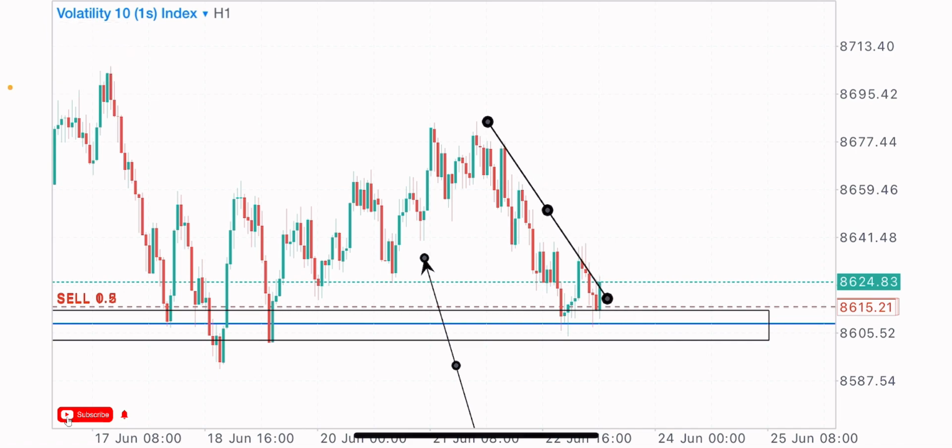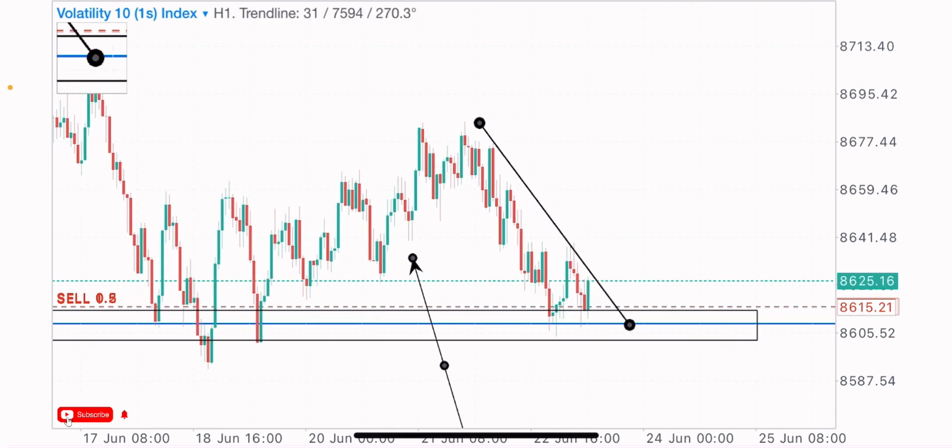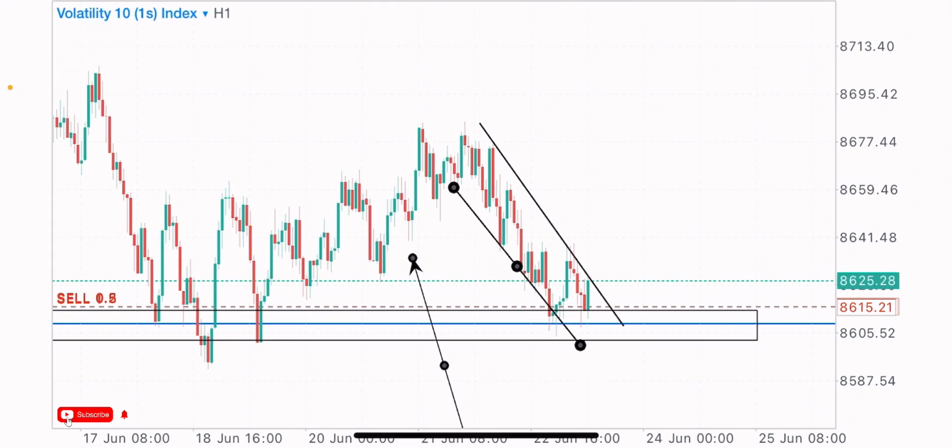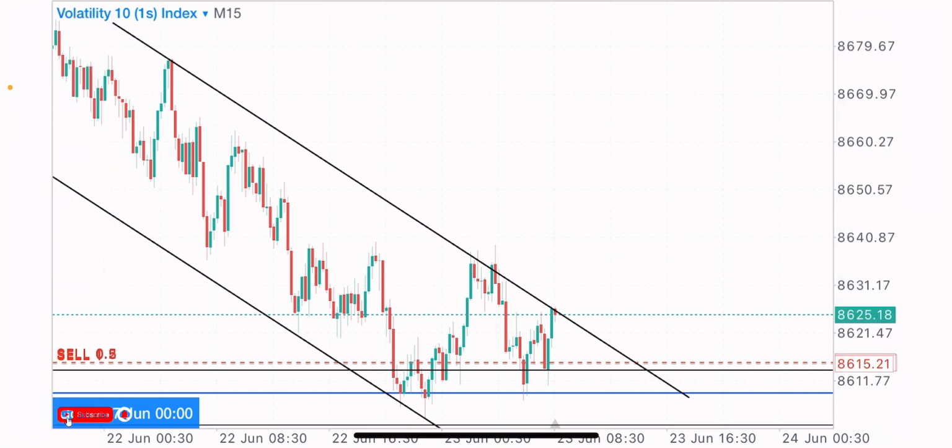And on every descending channel, we expect the market to give us a break to the upside. I never knew that there was a descending channel at this point. I would have taken note of these levels properly. And on the 15-minute time frame too, I didn't know that the market created a low